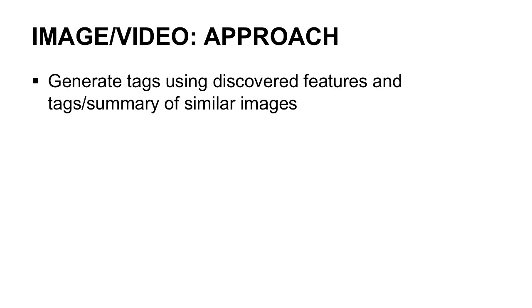Let's talk a little bit about image and video. Same concepts here that were used on the summary, just with a different output. Really, the two key areas here is looking at features that we're finding. So being able to identify those objects in a picture or in a streaming video, and then relating those. What other similar images, what other tags have been given to that? So there's a bit of a curation where a sample of images needs to train these algorithms so they understand what these objects represent,